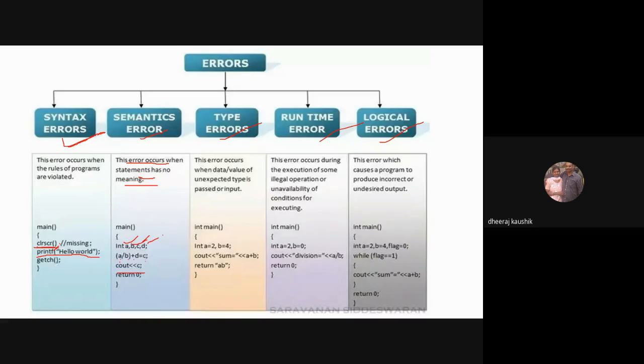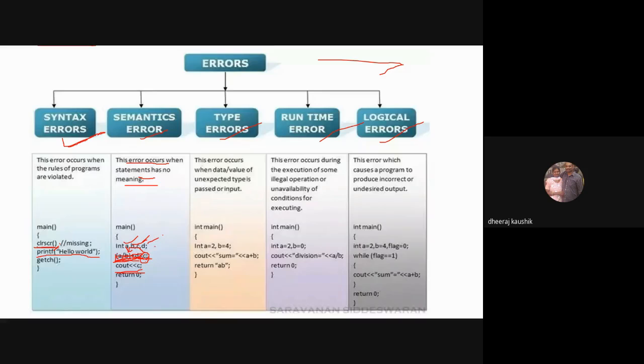So if you take some garbage values, the actual meaning of this statement is that the value of c is getting updated by a/b + d, and it is getting the value of this. So this has nothing to do with the cout of c, right?